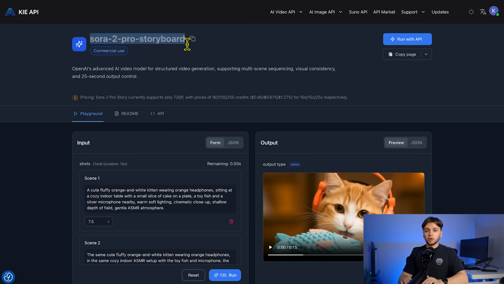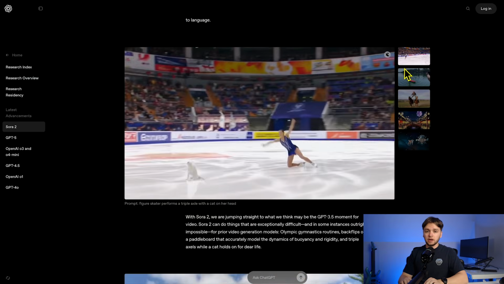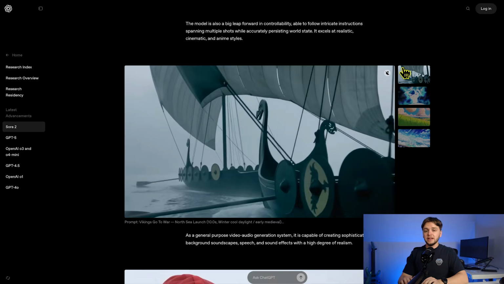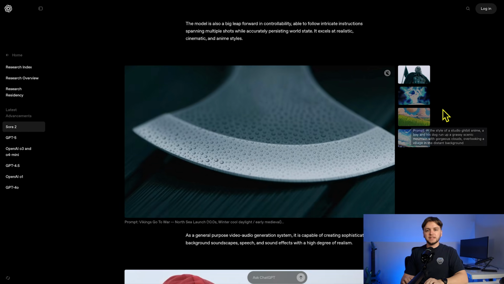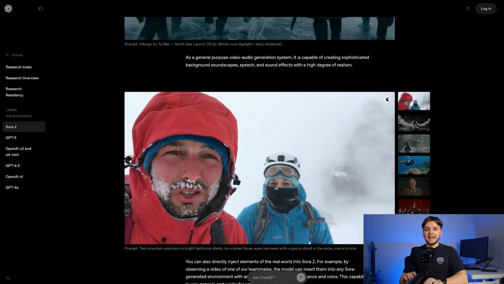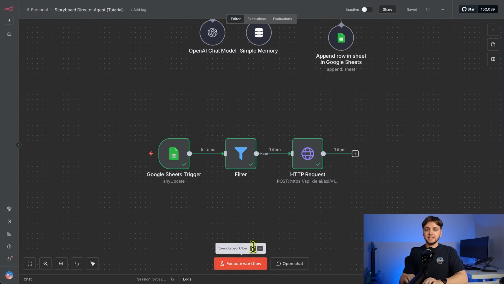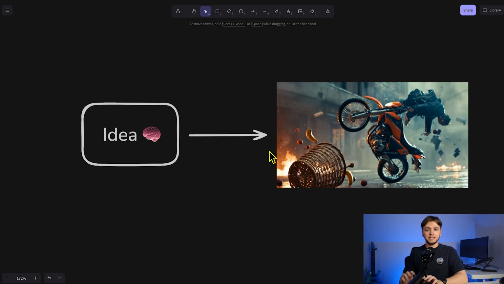Sora 2 Storyboard is OpenAI's advanced AI video model for structured video generation. It supports multi-scene sequencing, visual consistency, and up to 25 seconds of controlled output. Connecting it to n8n like this makes it ridiculously easy to go from an idea to a complete consistent short